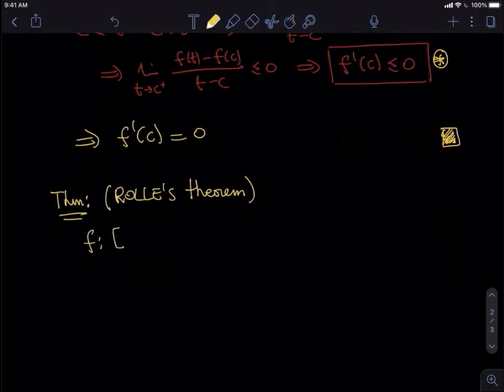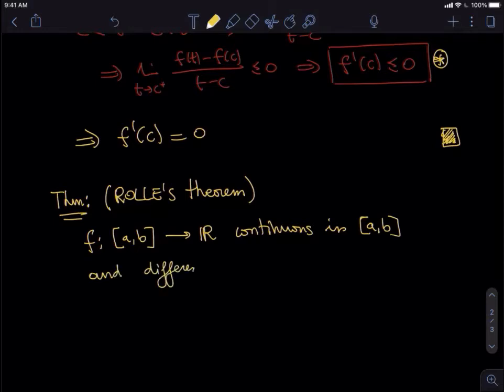Whenever we have a real function from a closed interval that is continuous in the closed interval, but also differentiable in the open interval, then what the theorem says is that there exists,